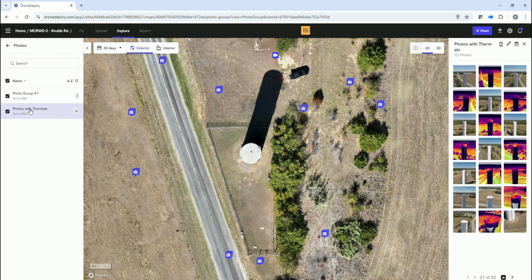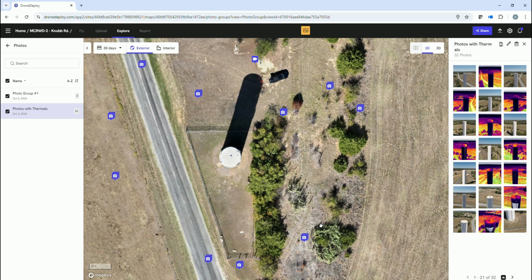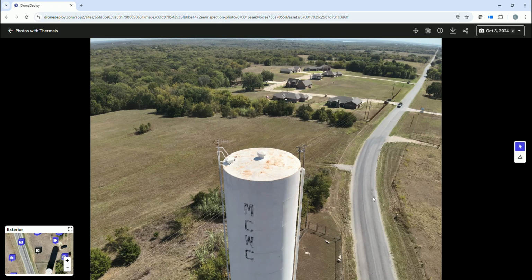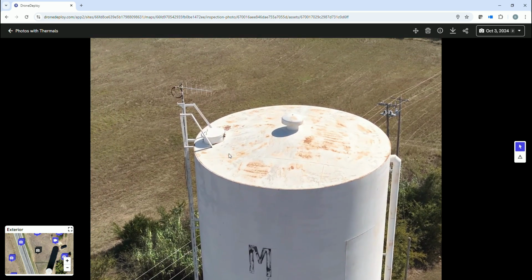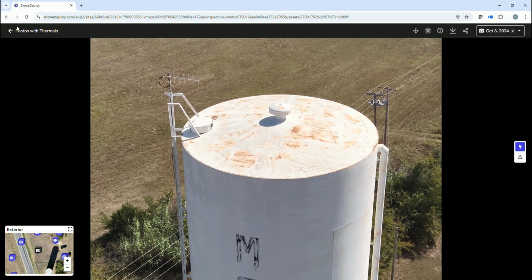But then the photo with the thermals, depending on what we find, sometimes there might be 5 or 6 there, but then there might be a lot more. In this case, because we did find a little bit of rust, we went ahead and shot quite a few more. And so a great angle to look at the top would be down in here, and you can see what the top actually looks like and zoom in. Get a really great idea. And then when you compare that to the thermal version of that,